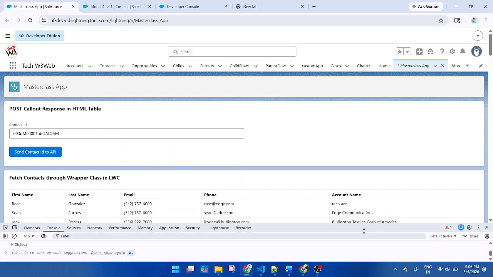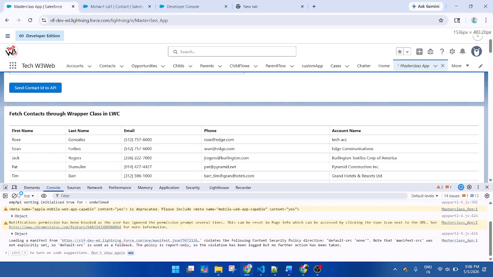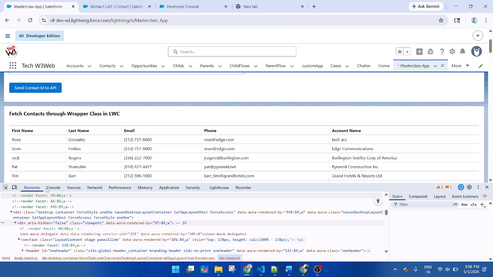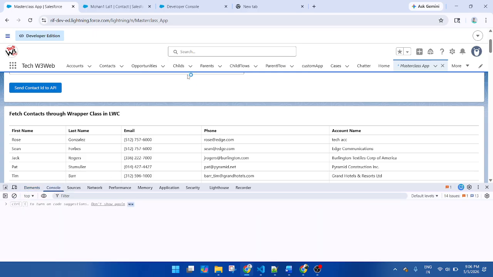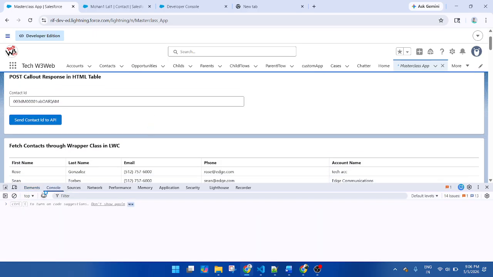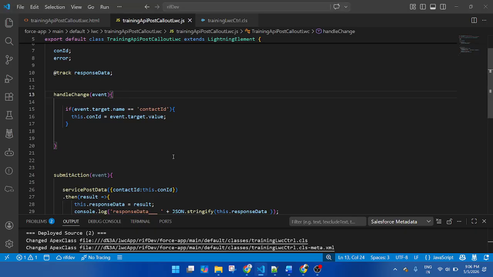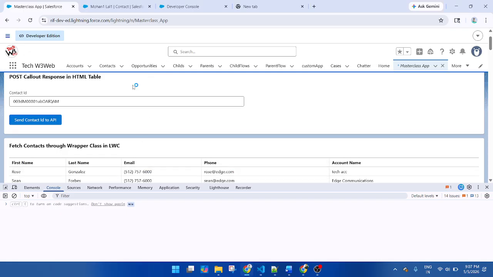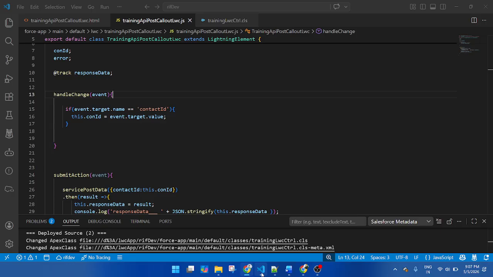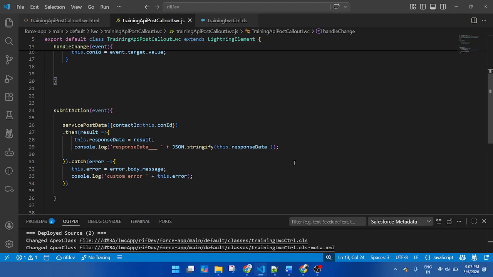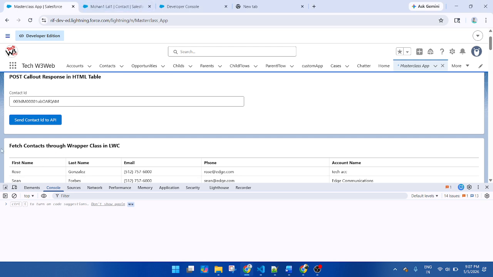So let's first clear the console so that I get the new response data. As per my requirement, I am passing data and it is returning, and the returned data I am displaying with stringify. This is my console log. Now let's click.